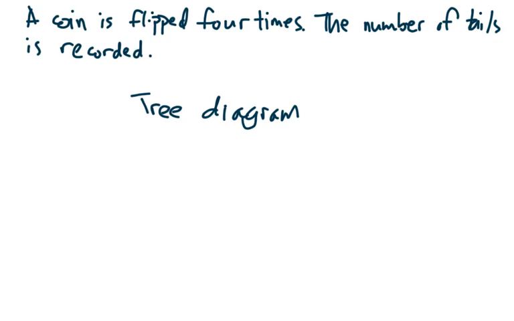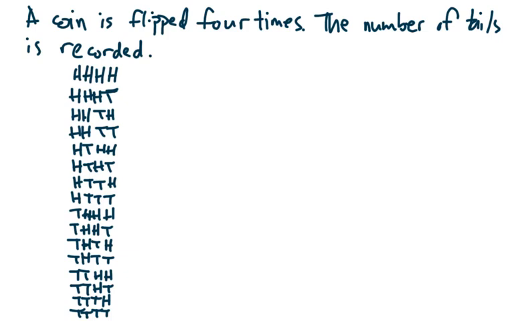On each branch, you make a decision. We're flipping a coin 4 times, so we make 4 decisions. Each time, there's only 2 choices. It gets kind of big, though. So make your tree diagram, and when you come back, in 5, 4, 3, 2, 1, you should get this. These are the outcomes, the sample space of flipping a coin 4 times.